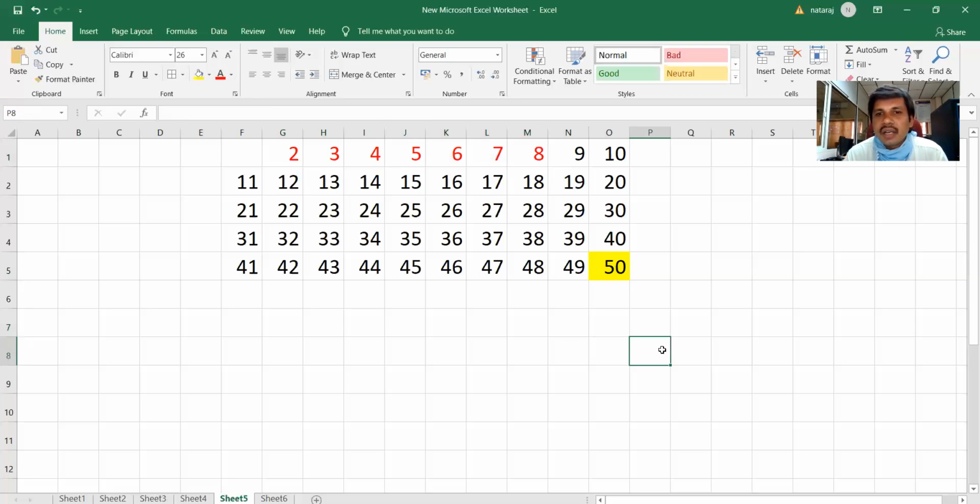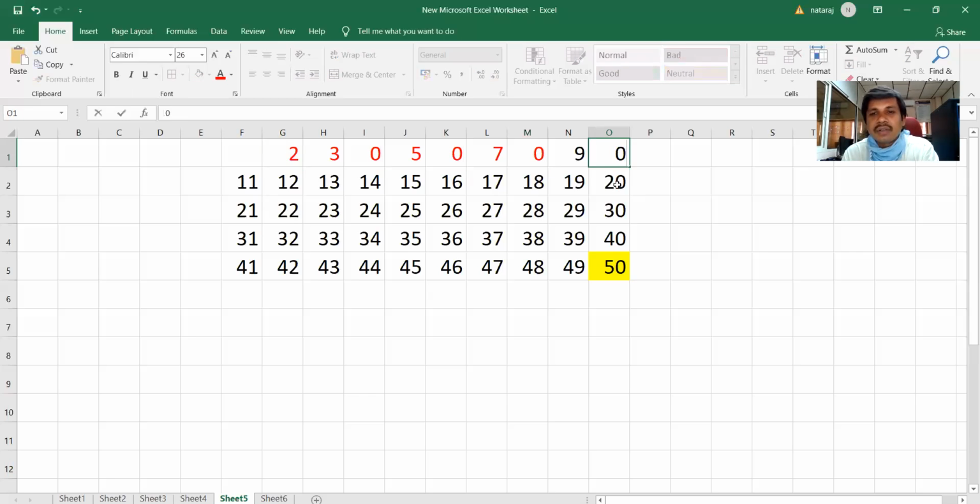Now what I'll do is consider each and every number, and if it is not 0, I will remove all the multiples of that number. I repeat, I will consider each and every number, and if it is not 0, I will remove all the multiples of that number. Remove in the sense I will assign 0. Say 2. I will assign 0 to all the multiples in the list. So what are the multiples of 2? 4. Assign 0, and so on for all the multiples.